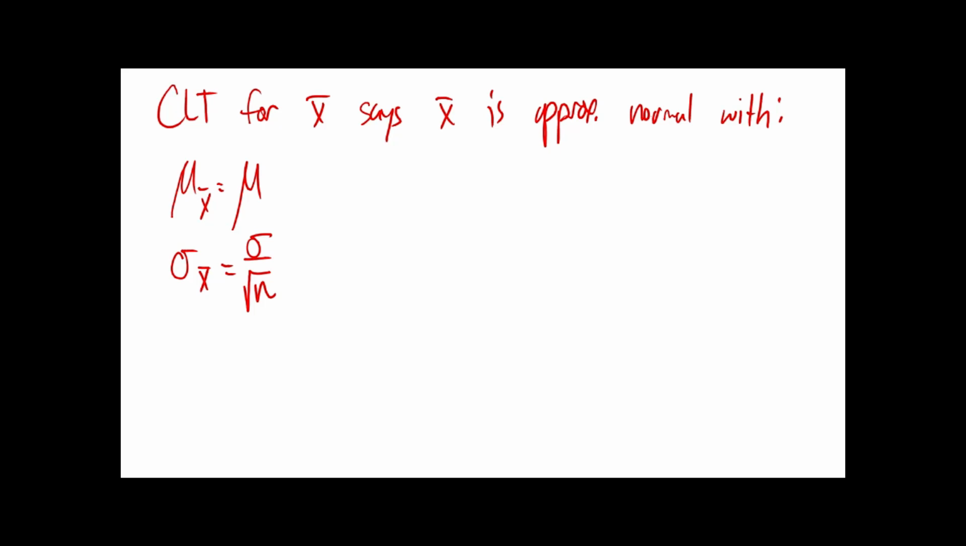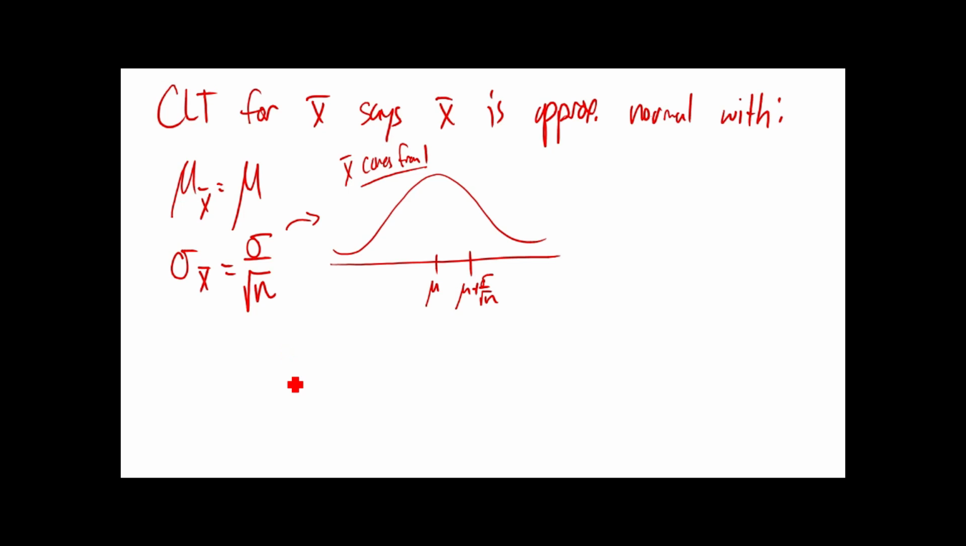So anyways, the nice thing, though, is that this is telling us x bar comes from this normal distribution, right, centered around mu with a standard deviation of sigma over root n. So then we can just use our confidence interval formula and say, okay,